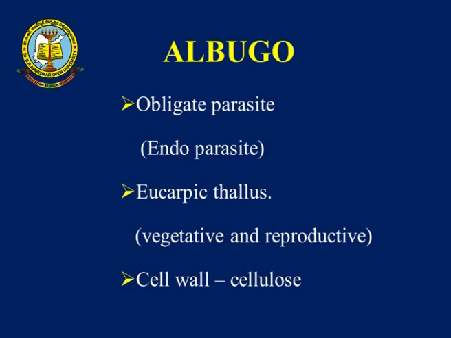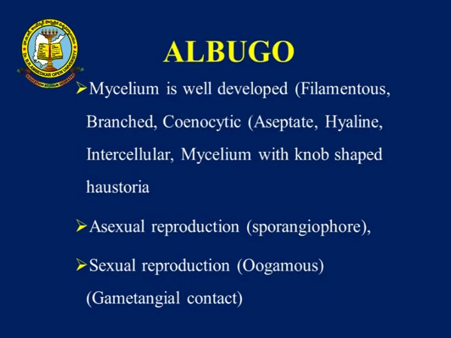And next point, eucarpic thallus. Here two separate structures are there: one is the vegetative body, the second is the reproductive body. We call this a eucarpic thallus. And the Albugo candida cell wall is made of cellulose, which is most important here. And next, the entire Albugo mycelium is well developed, filamentous, branched, cenocytic, aseptate, hyaline, intracellular mycelium with knob-like shaped